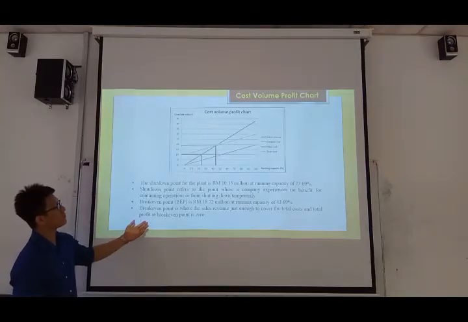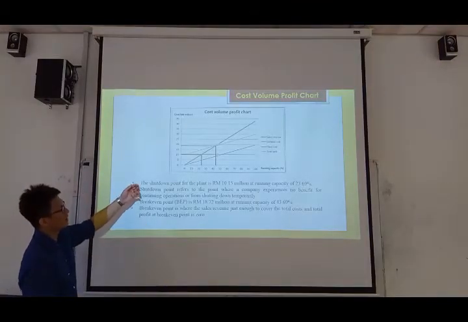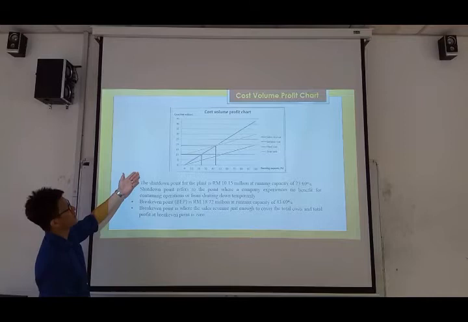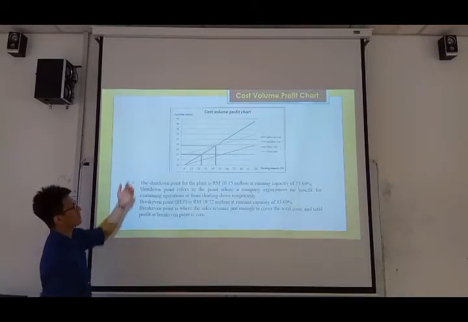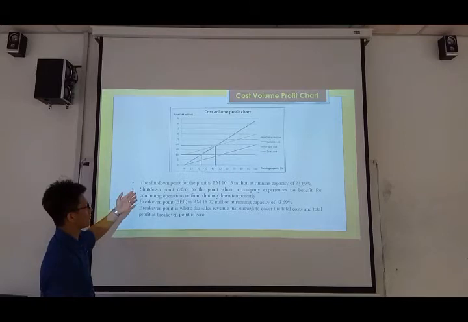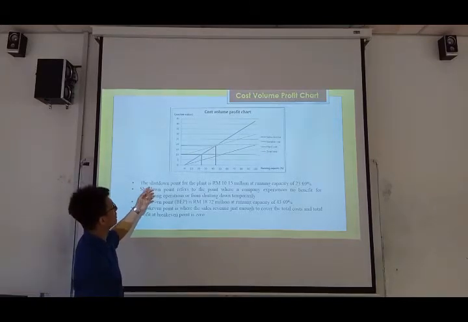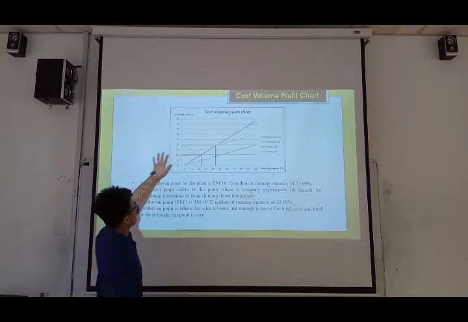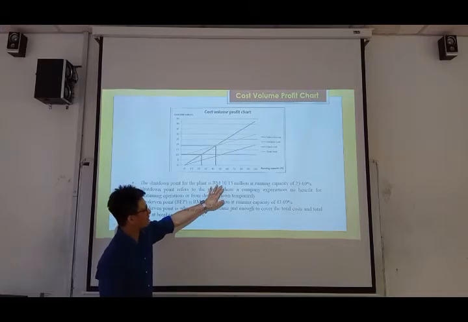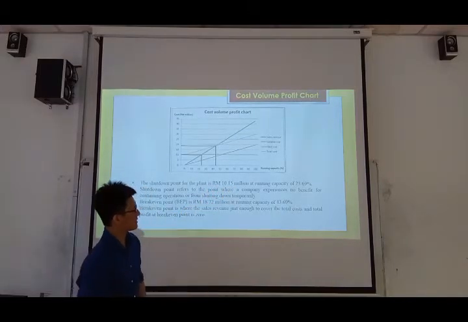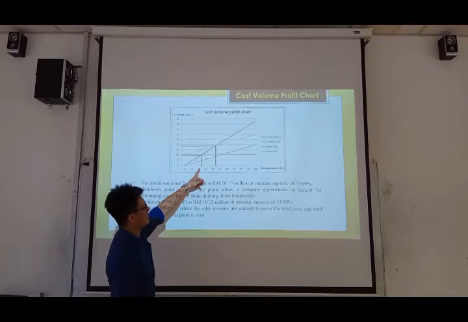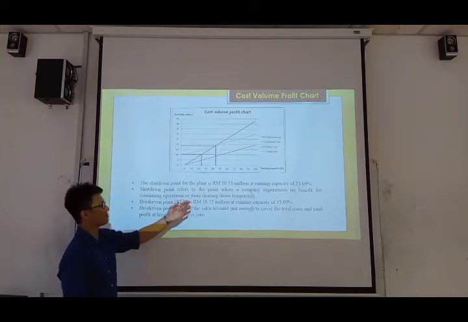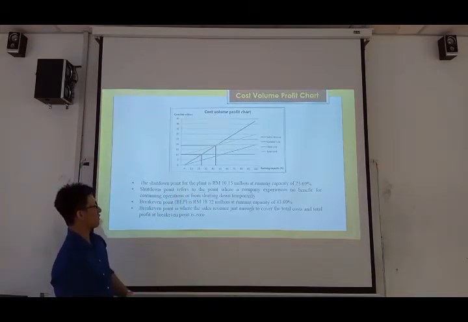This is the cost volume profit chart. The x-axis is the running capacity in percentage. The y-axis is the cost in Ringgit Malaysia million. The shutdown point for the plant is the intersection point of the sales revenue and the fixed cost, as shown here, which we obtained as Ringgit Malaysia 10.15 million at a running capacity of 23.69%. The shutdown point refers to the point where the company experiences no benefit from continuing operations or